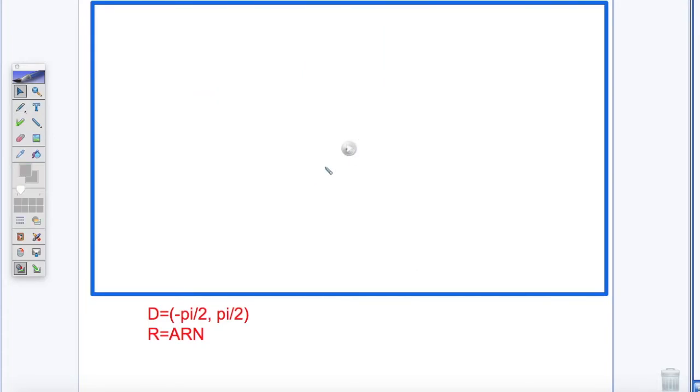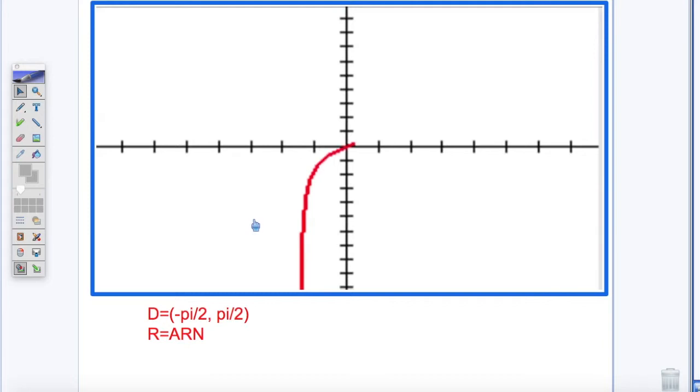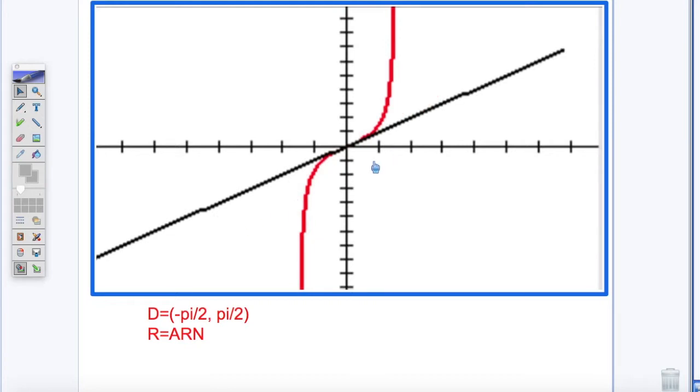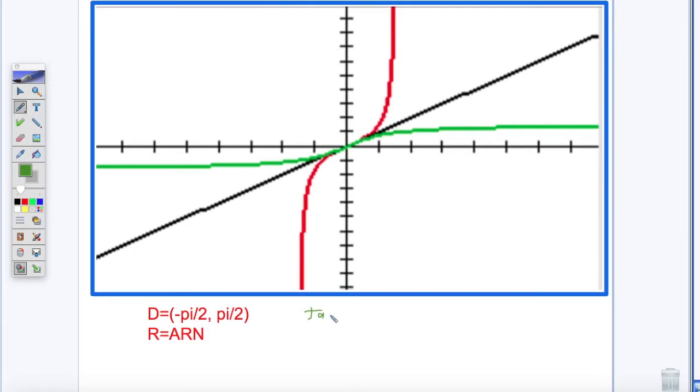So let's look at this animation and see how, and this one I just drew one tangent, I didn't want to draw tons of them, we're going to reflect across this black line here, and that looks kind of like a cube root, which is what you would expect because x to the third, the inverse, is the cube root of x, so it kind of looks the same. So guess what? When you have inverse tangent, domain is all real numbers, and range is